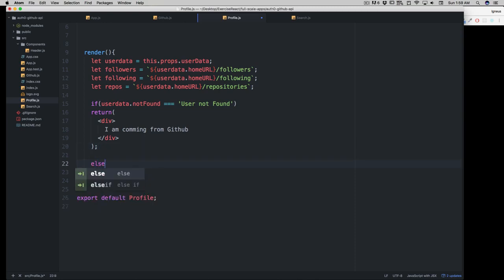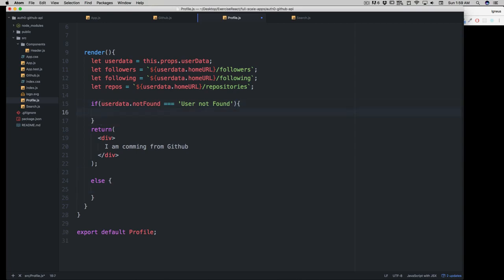Else we want to render something else. Okay, so I'll hit an else. I don't need any curly braces there, but having curly braces is always a good idea, so I'll just use curly braces there as well. Just return this,